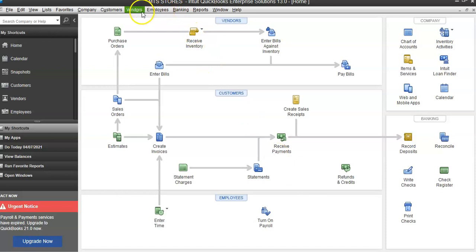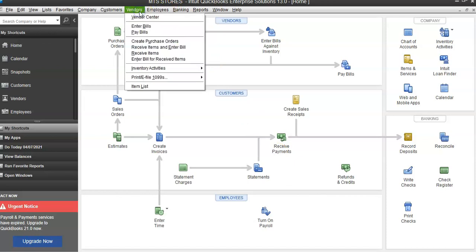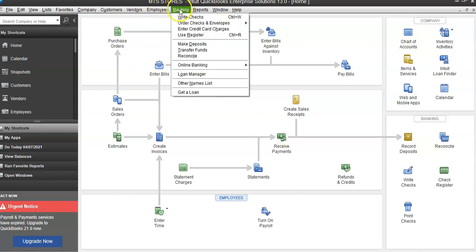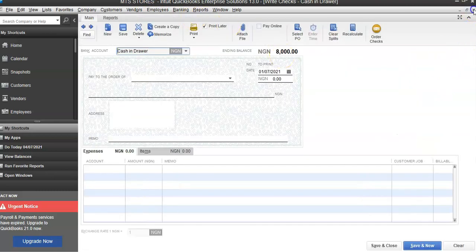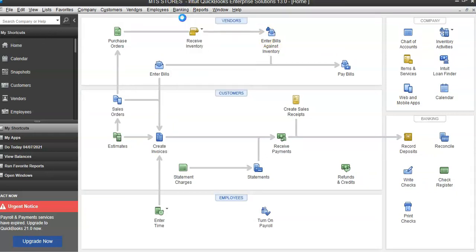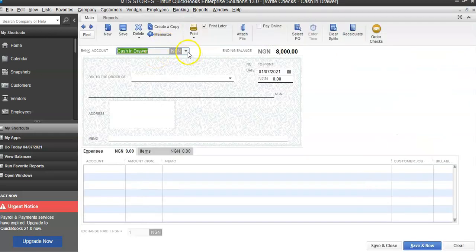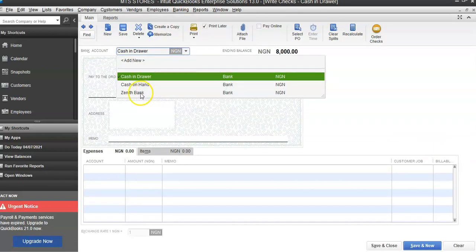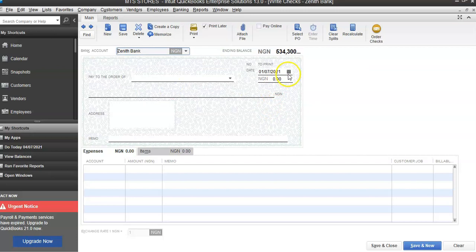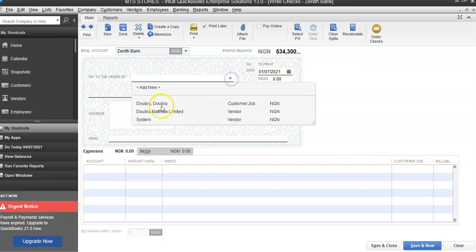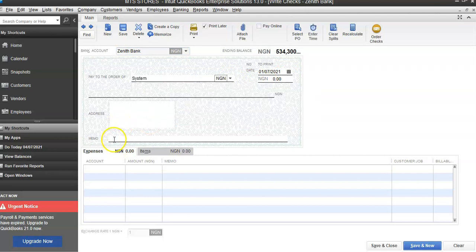So you come to your vendors as well. You can either come under the vendors or you come on banking and click on write checks, right? Let me repeat that. You come to banking, then say write checks. So the first thing is specify where the payment is coming out from. I paid for these expenses from my Zenith Bank. You select the date, pay to the order of whom did you pay this money to, right? Then specify the memo. So let's say factory workers